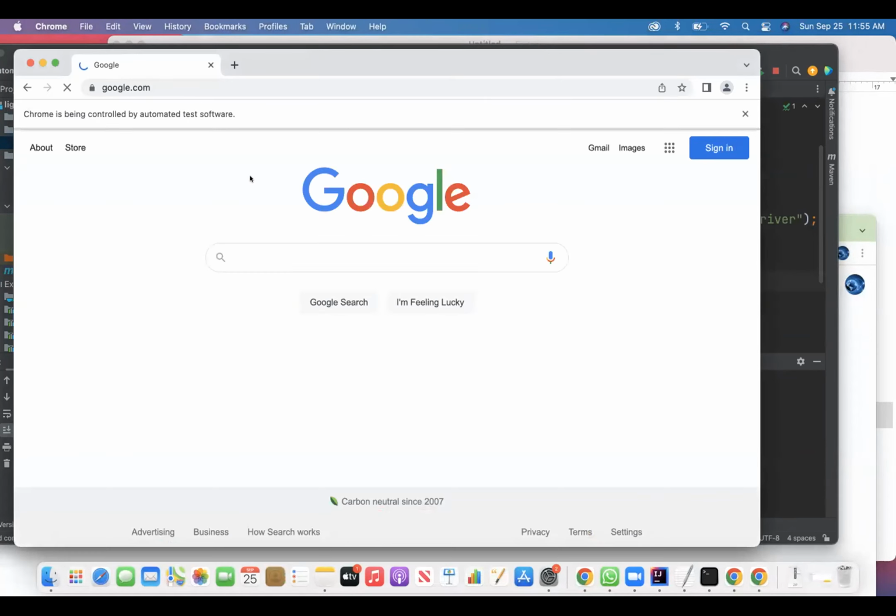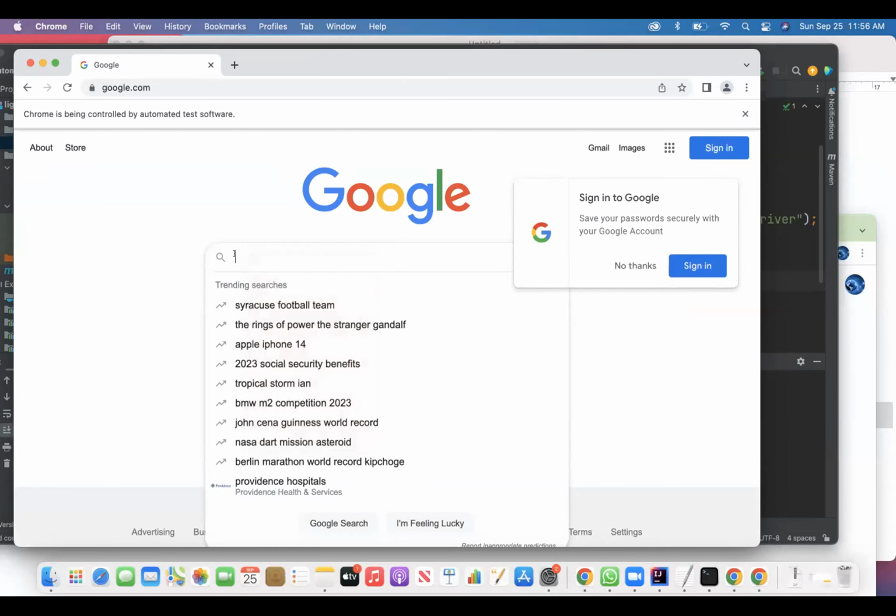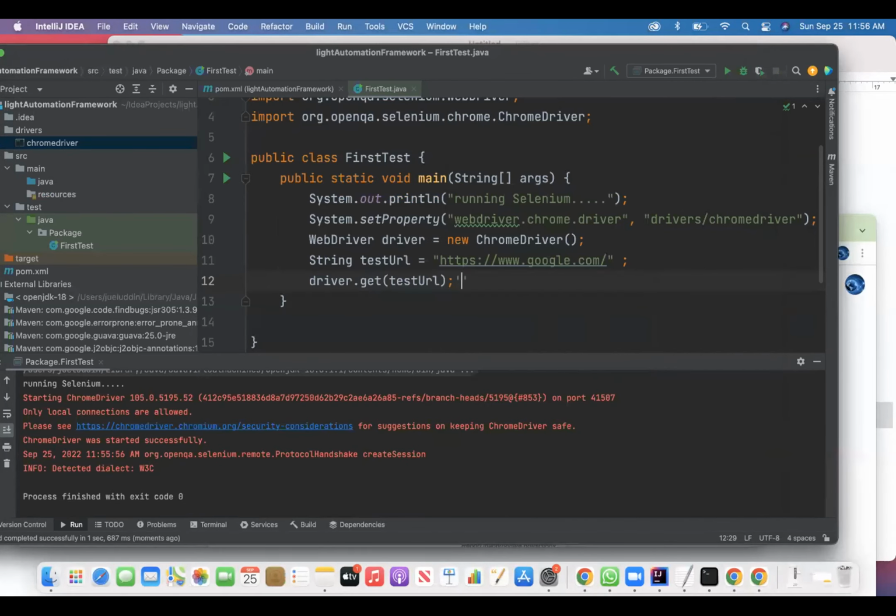And this time you're going to notice that it actually visited Google. Okay. So what if I want to type something here? What if I want to type something here through my program? First, I need to know the location. Remember, we talked about on our first class something like this, driver.get,